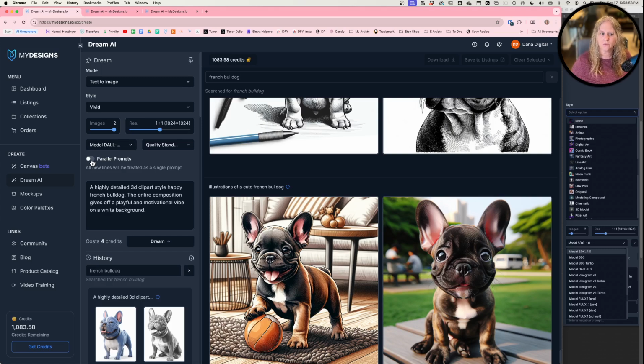And what are those? When you have this turned on, every time you have an enter, even if it's just the next line and you don't realize there's an enter, it will treat it as 2 separate prompts. So if I typed ice cream here, and this was really long, and it went way down here,